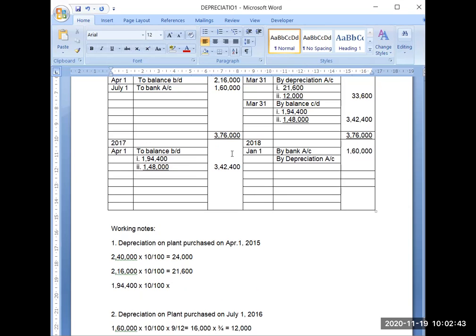So April 1 to January 1, it will be 9 months. So it will be 19,440